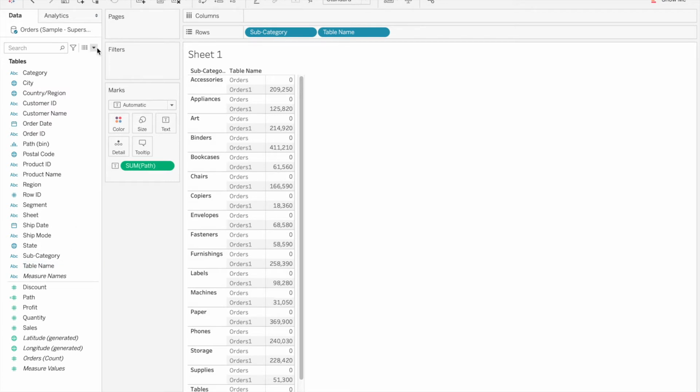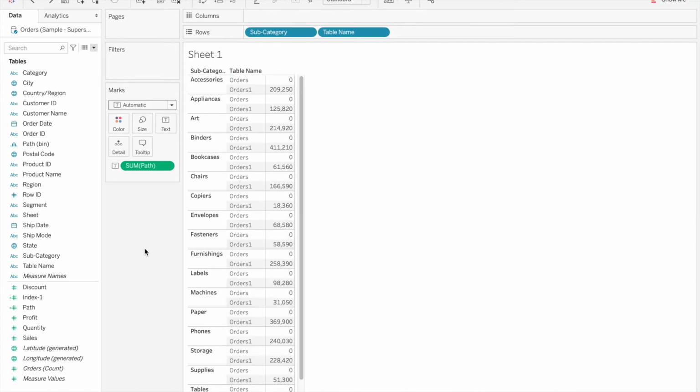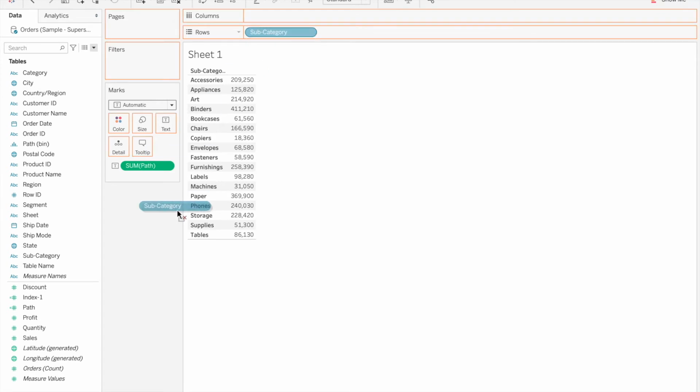In order to create index, we will create another field, let's call it index -1. Why index -1? Because the first row of index starts from 1 but our path value is from 0, so we will create a calculation in which we will subtract 1 from the index function. After creating index value, let's start with a radial chart and let's see how it takes shape.